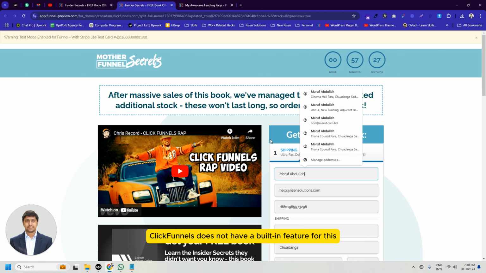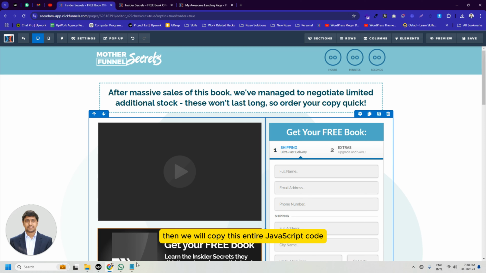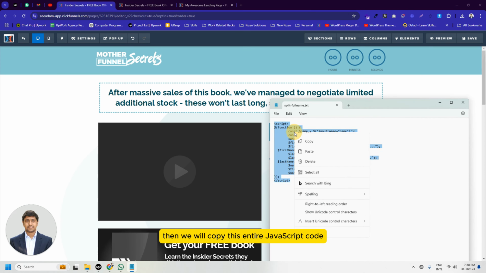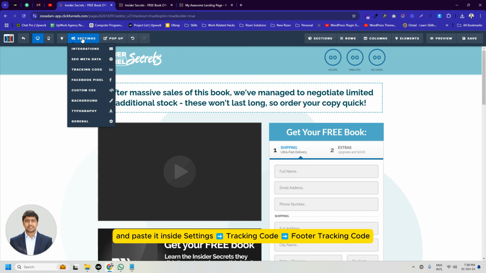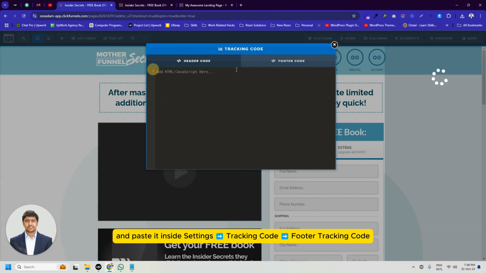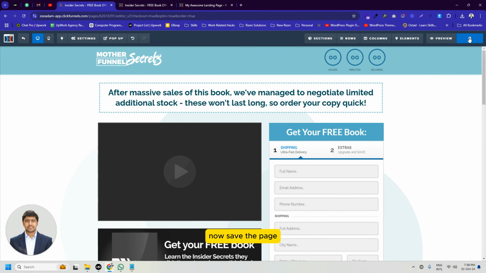While ClickFunnels does not have a built-in feature for this, we can easily achieve it using custom JavaScript code. To customize the full name input field, we will go to the page editor first. Then we will copy this entire JavaScript code and paste it inside Settings, Tracking Code, Footer Tracking Code. Now save the page